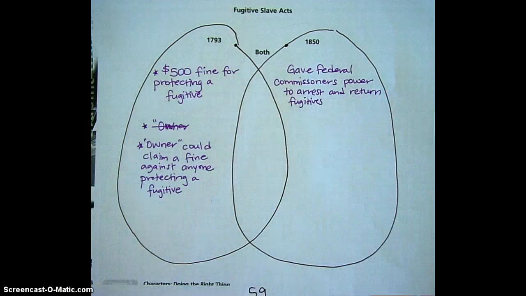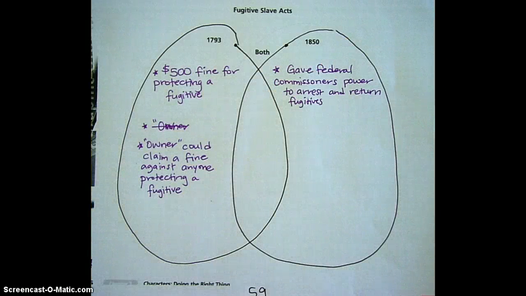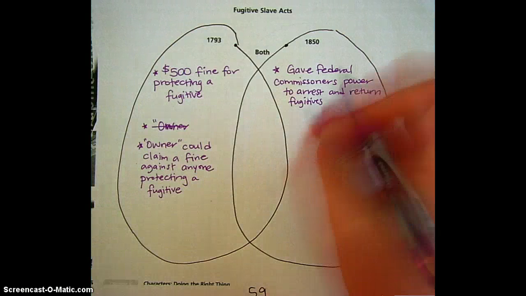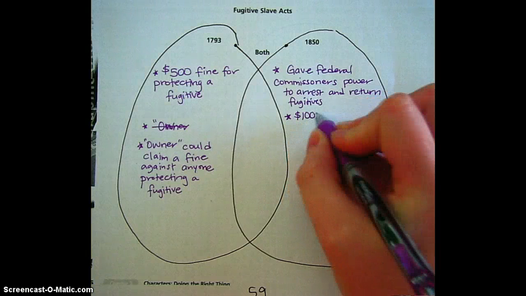Federal commissioners are people that are put in charge of particular things, usually having to do with the law. And so people that were given this job could come into your city or state and arrest and return fugitives. Also, there's a $1,000 fine